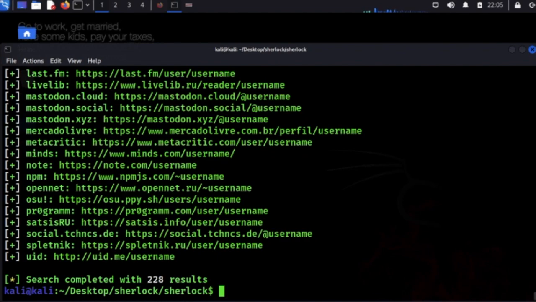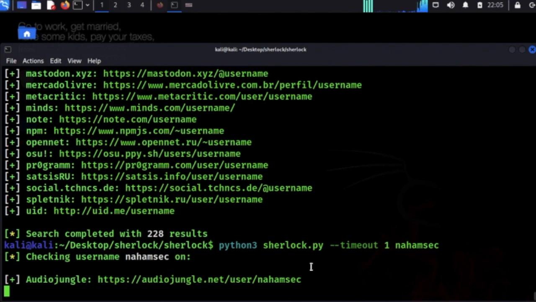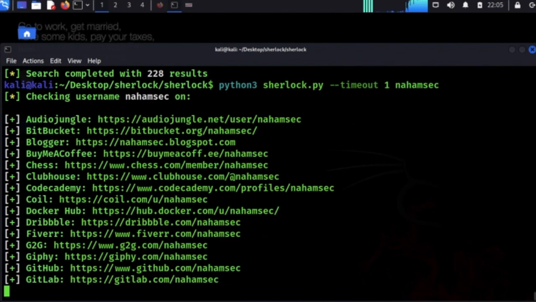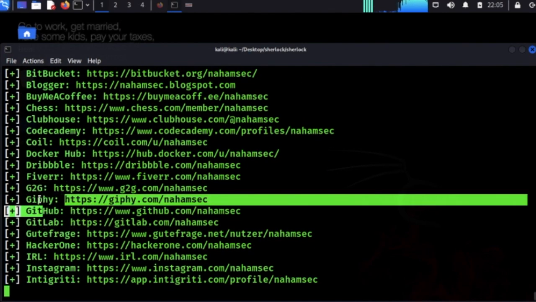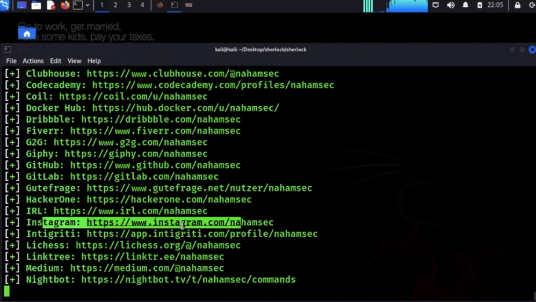Anyway, I'll use that particular hacker's username to see how many social media sites he is using. See, that's GitHub, Instagram. You have the same name. He is using this username,